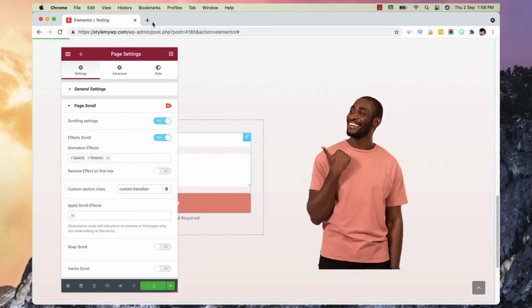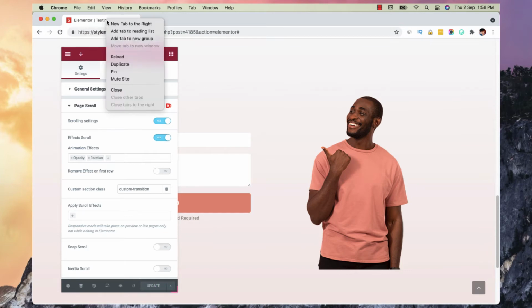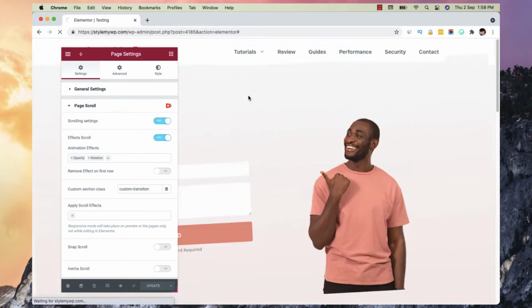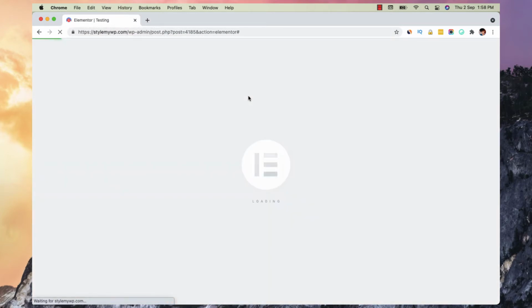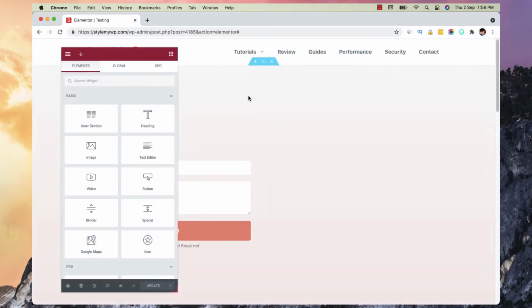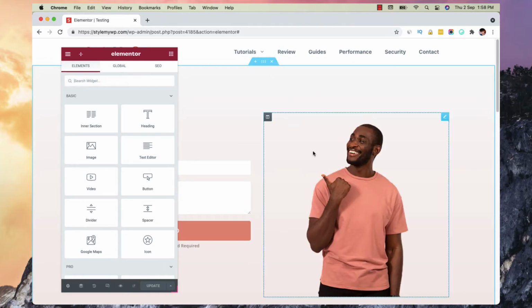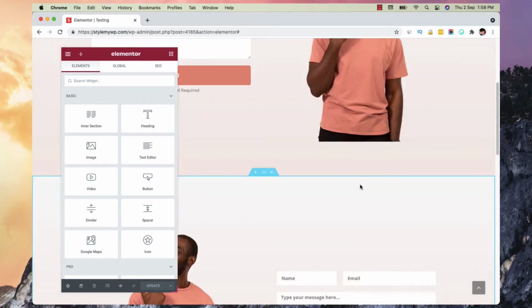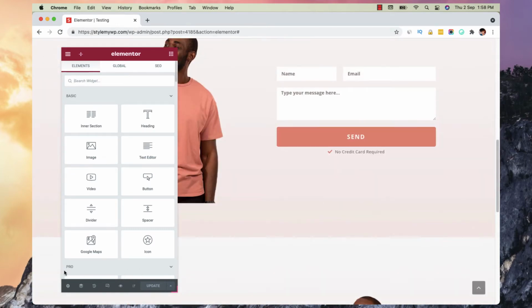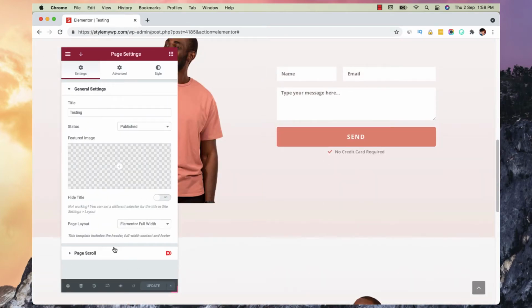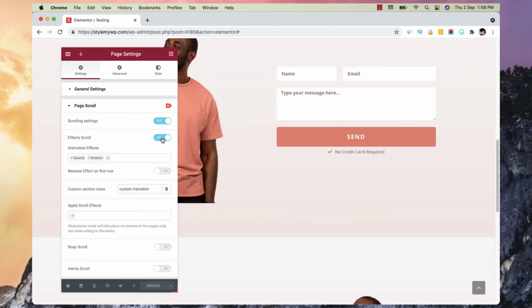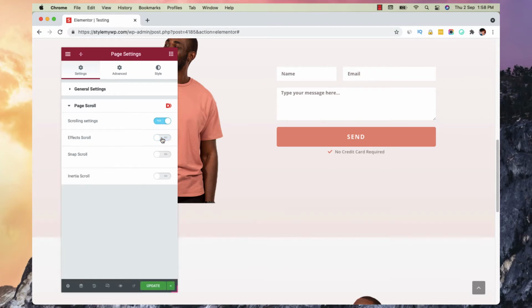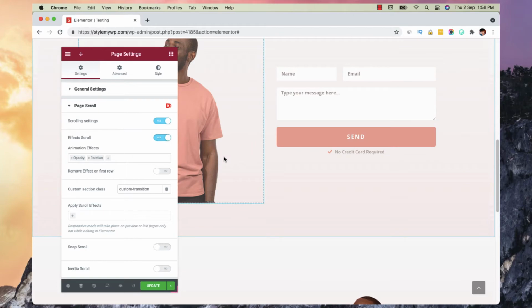When I update this and I reload it, now you can see that animation has been applied only to the second section. When you scroll it, you'll find it, and when you don't find it, you can do this.